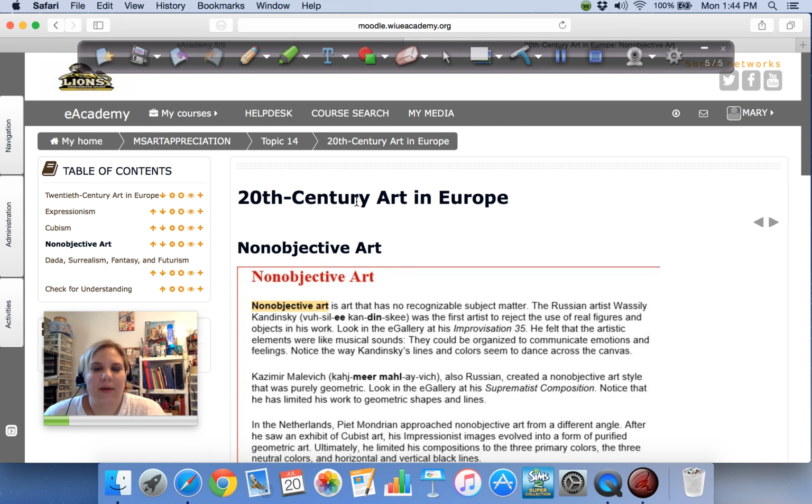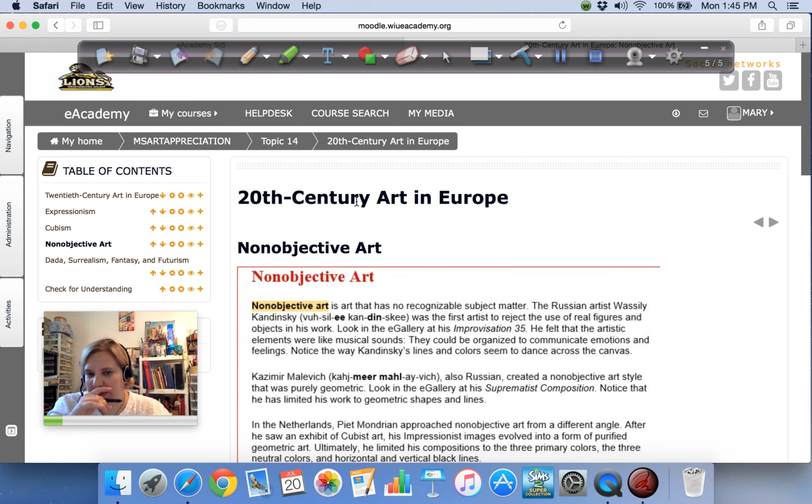Non-objective art, and by the way, Picasso had many, many styles, but he started out with Cubism and moved on from there. Non-objective is a huge, huge deviation from art. This is when there is no recognizable subject matter, which was really shocking. It's almost like, and you hear people say this if you're in a museum, like, oh, I can do that. That's just scribbles on a canvas. These people did it first.